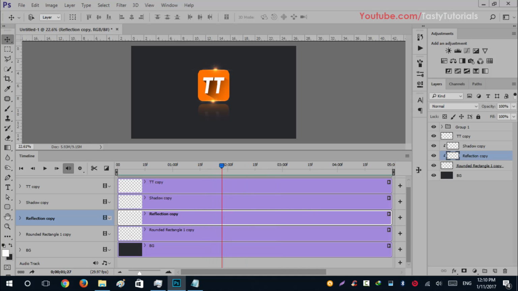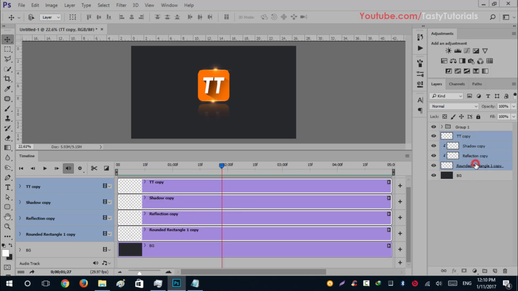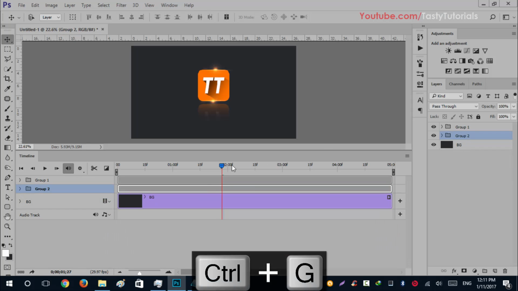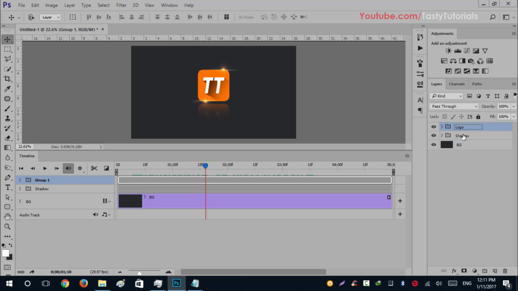So what we'll do is we'll simply select all these shadow layers, press Ctrl and G, and group them into a single group. You can see that it is animating now. Change this group name to shadow, and name this as logo to keep it simple. Now you can see that